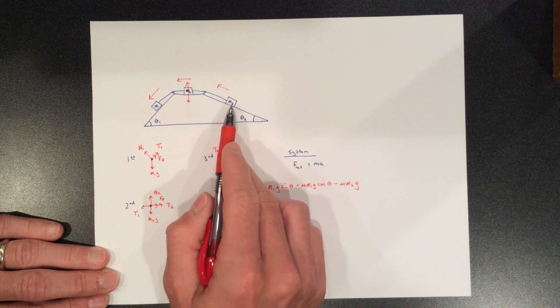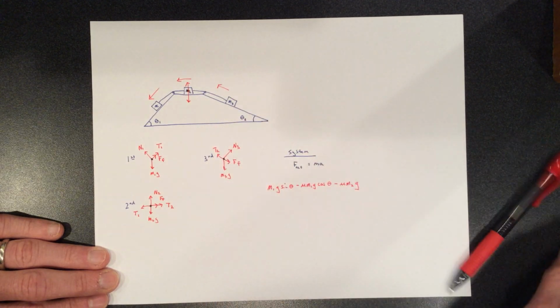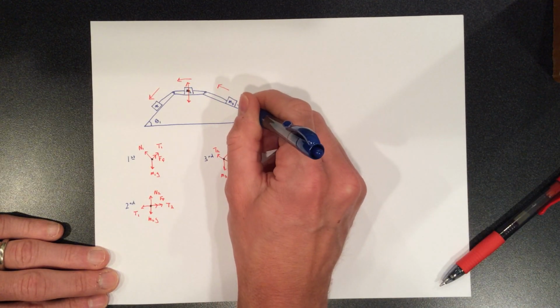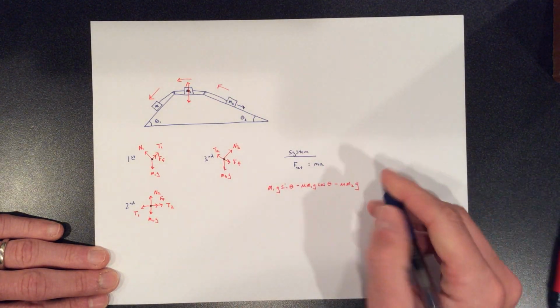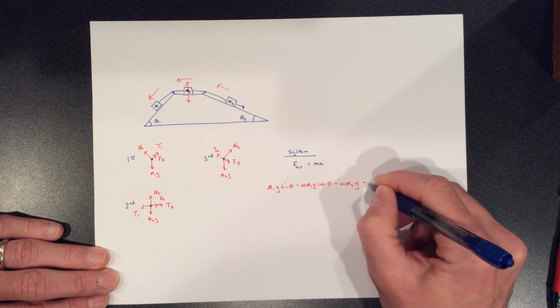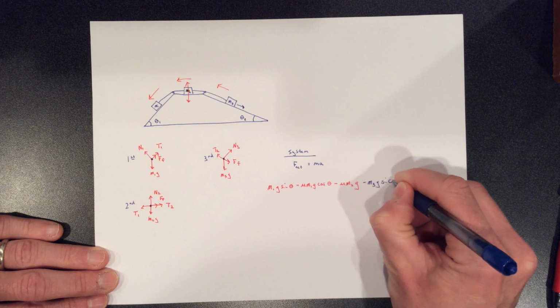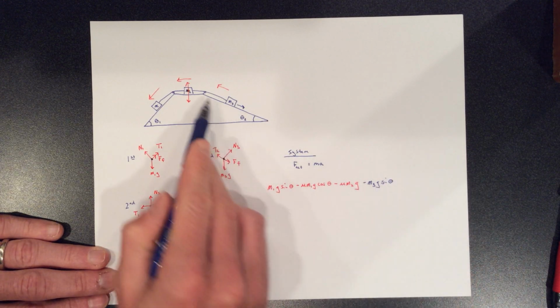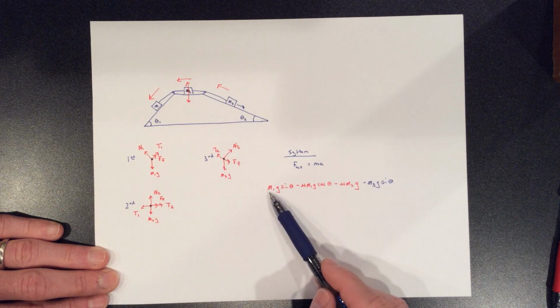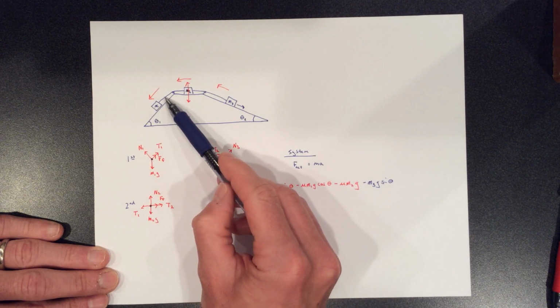Now over here, I have the weight of M3, right? The weight of M3 down the ramp is in that direction, which is negative, so it's opposite. I'm going to change colors here. So then I have M3g sine theta. That's the weight of M3 down the ramp, just like M1g sine theta was this way down